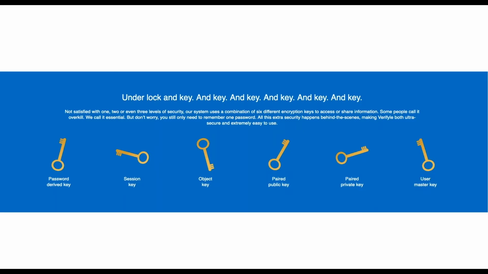So each data item inside of Verifyle has been individually encrypted, such that even if somebody were to break past our encryption, which they won't, all they'd be able to access would be a single data item, and that's it. So there's no potential for somebody to be able to break into Verifyle and scoop mass amounts of data to